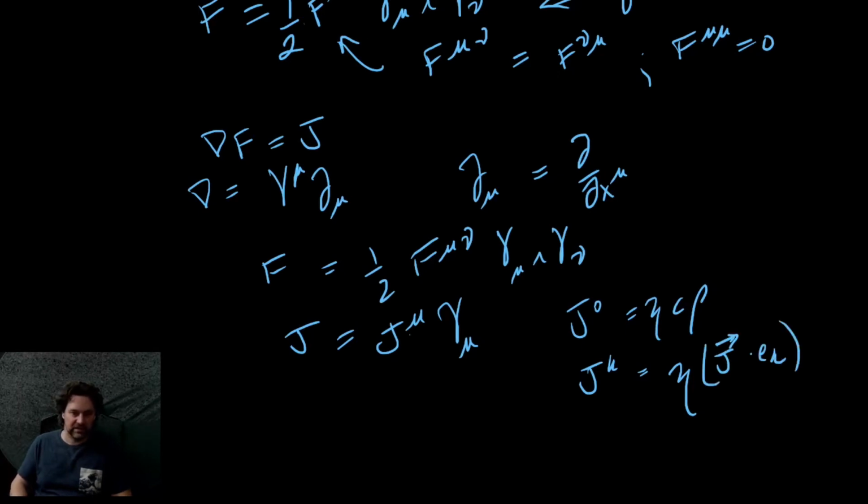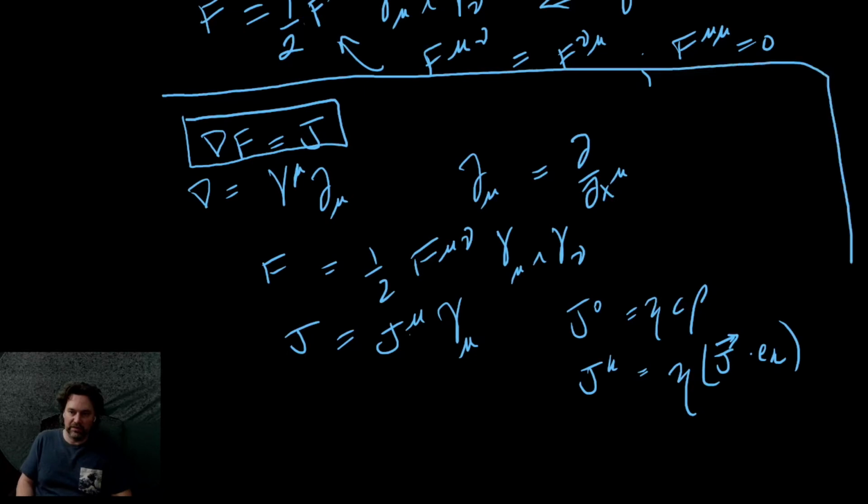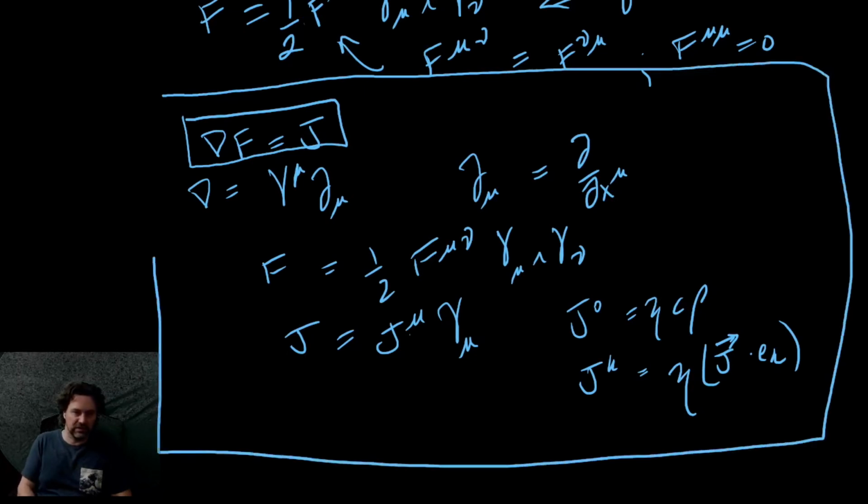So even though Maxwell's equation is one little line, it really means all of this. So it's compact, but it takes a lot of work to unpack it and see what it